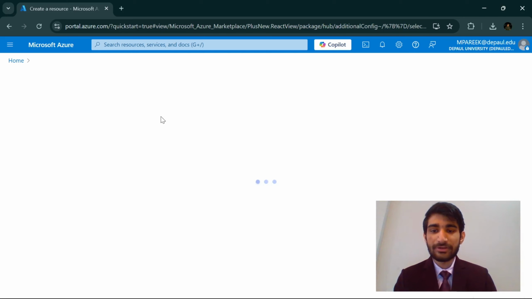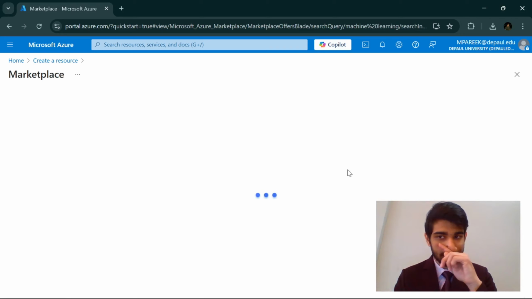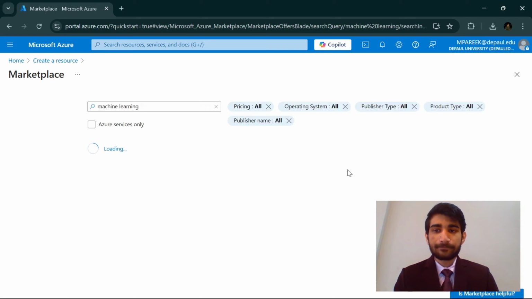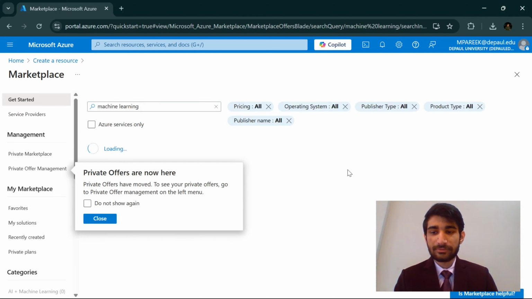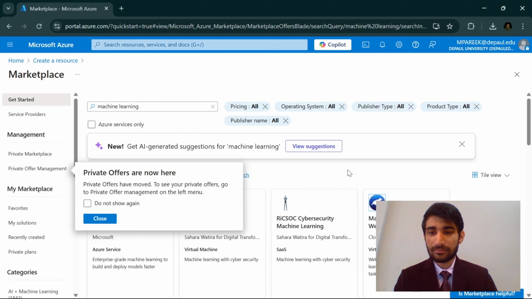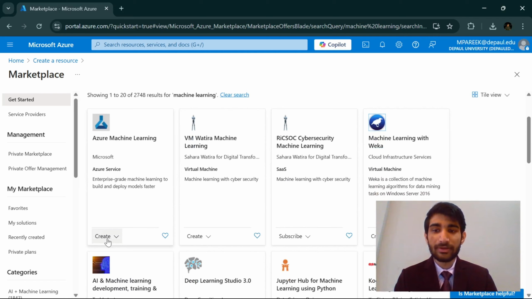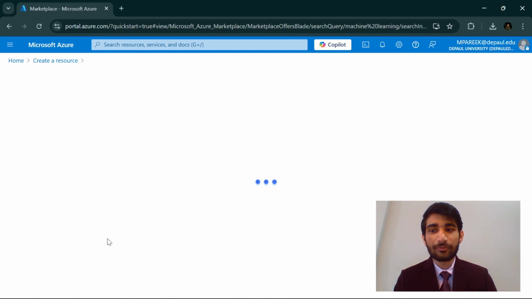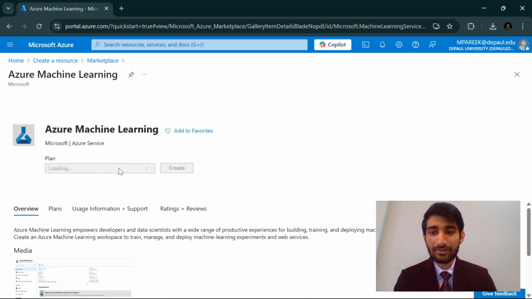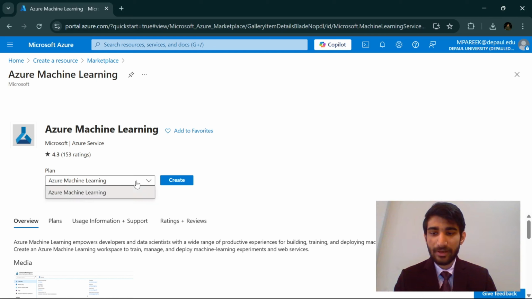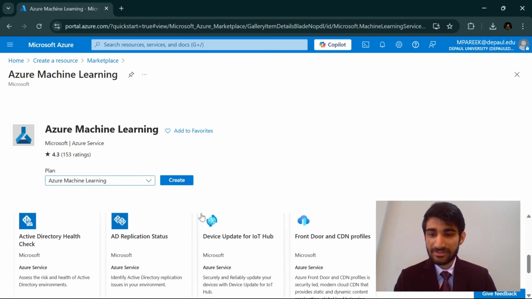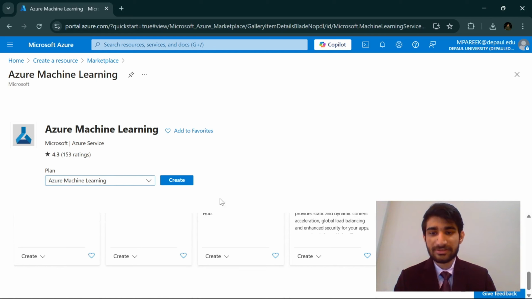learning, it should show me something like machine learning. Let's just wait for some time. Okay, so it is loading. So as you can see, we have the Azure's machine learning over here. So I want to create a compute for this. So I will click on it and yeah, what I will do now is that I will just create this